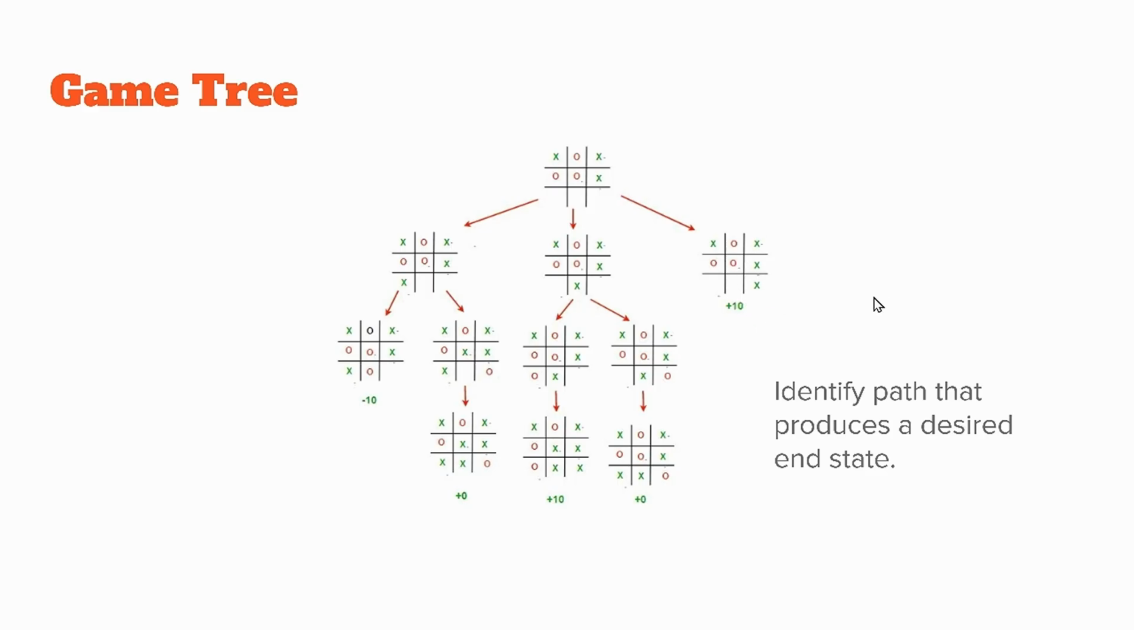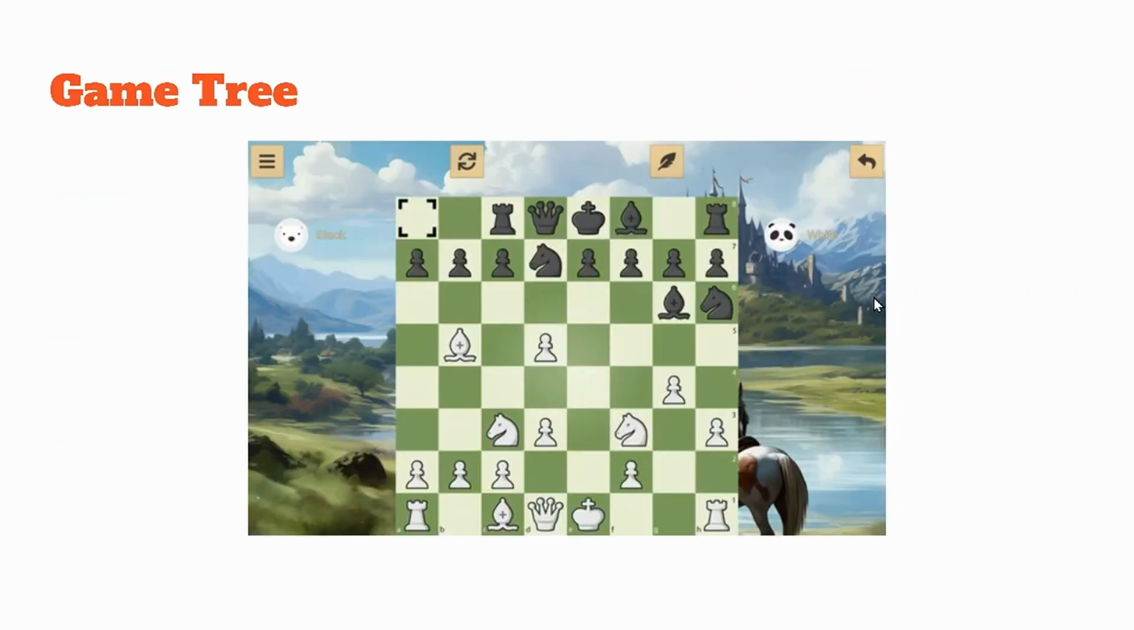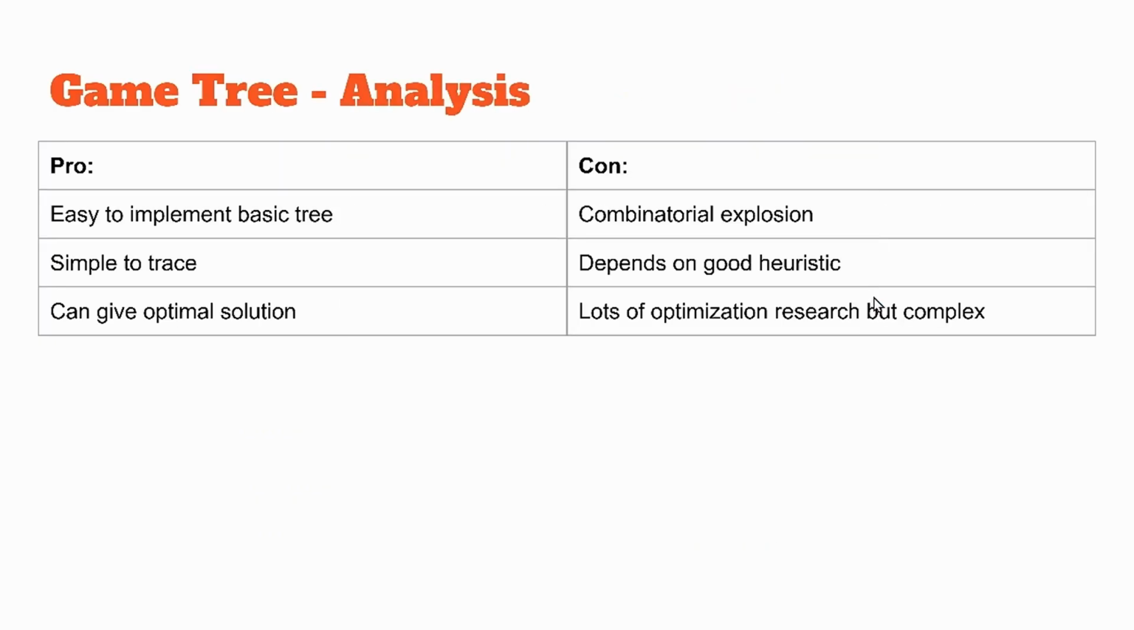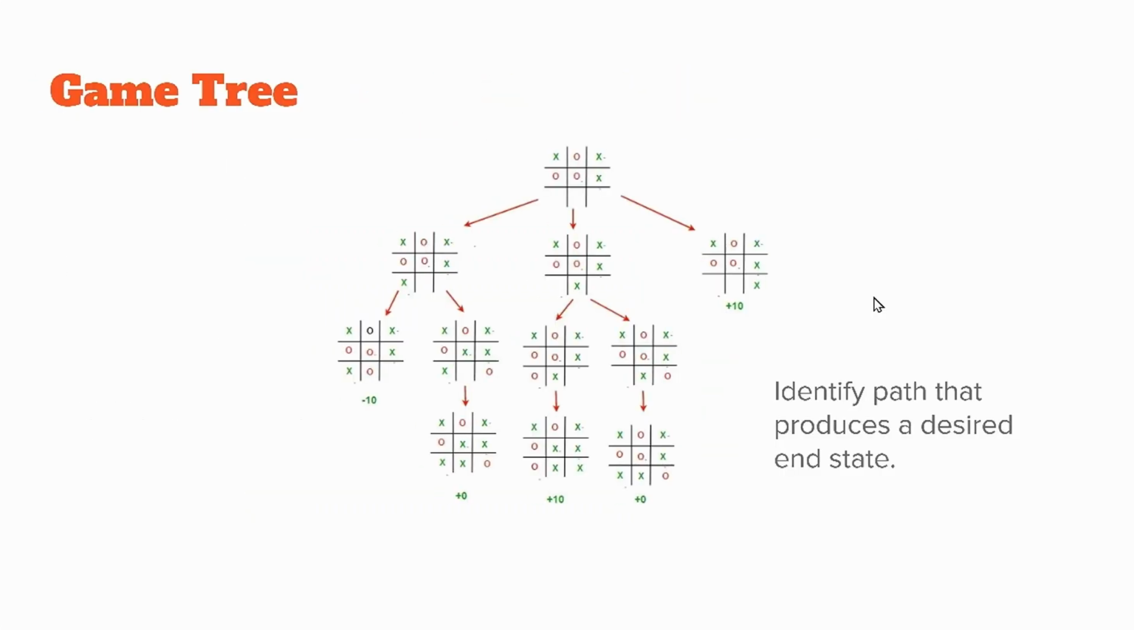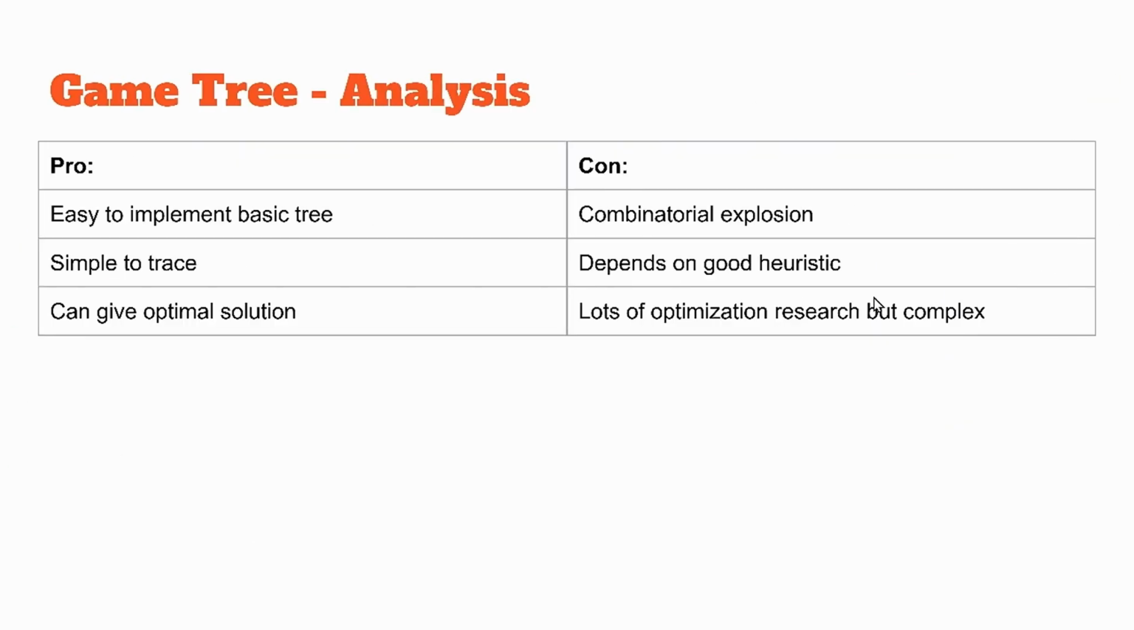So the idea behind the game tree is that you build out this graph again, and you follow the path till you find an ideal state or as close as you can to it. Often done in chess. So the pros: it's fairly easy to implement a basic tree and to trace through. You can see here visually, you can just trace through and figure out which are the best options to take. And it can give an optimal solution, which is something that, when you are programming the decisions in other AI,